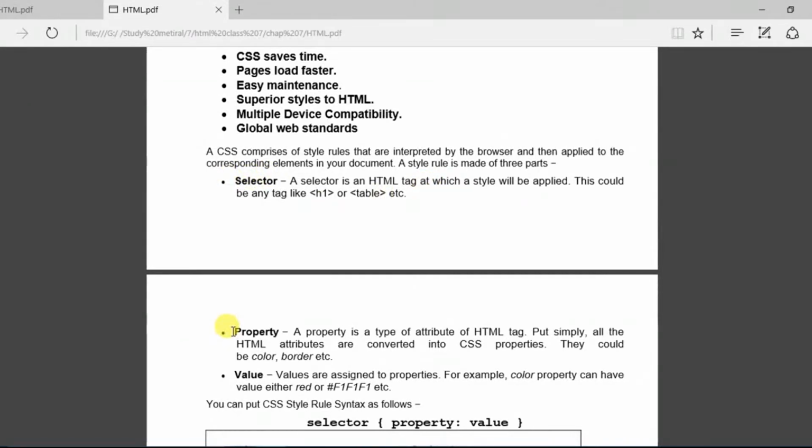A property is a type of attribute of an HTML tag. As we used BG color, the BG color was the property of the body tag whose value we passed as the color. Here we will pass the property and then we will pass the value of that property. It is the general structure of CSS code.